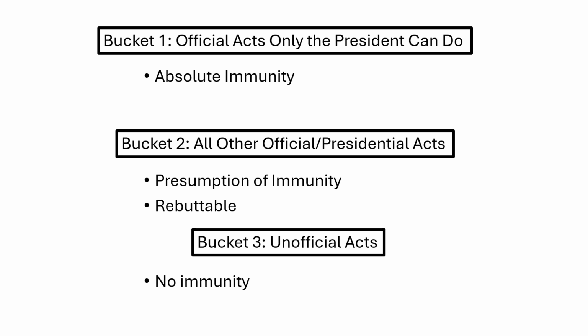In both bucket one and bucket two, this immunity concept, both the absolute immunity and the presumption of immunity, exists basically to prevent a constitutional crisis and to preserve separation of powers, because each branch is co-equal. You can't have the judiciary improperly interfering in the affairs of the legislature and the executive. And there are actually other immunities that already exist. For instance, congressmen, and this is not going to be a fully correct statement of law, but roughly speaking,